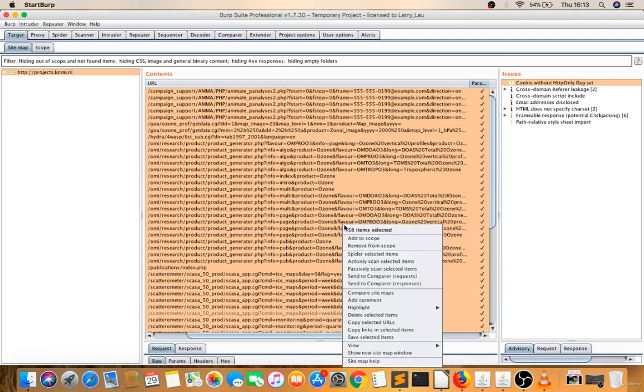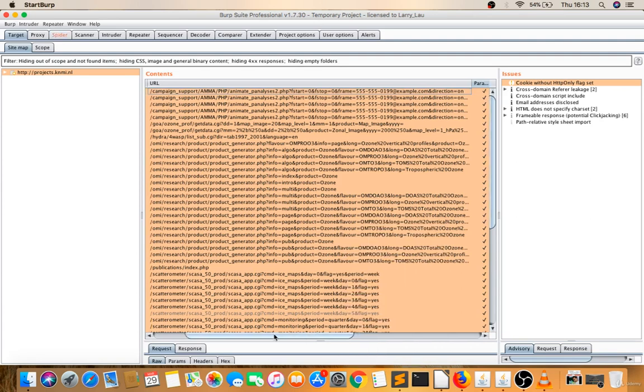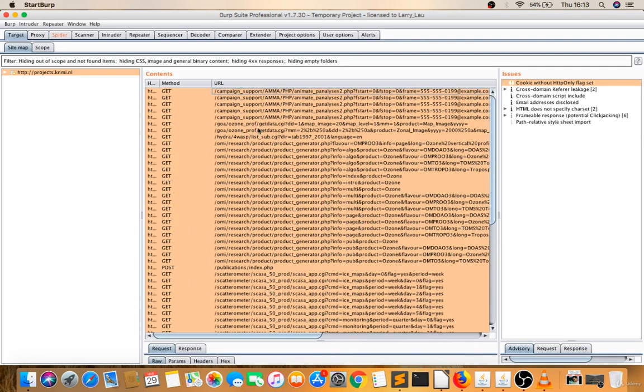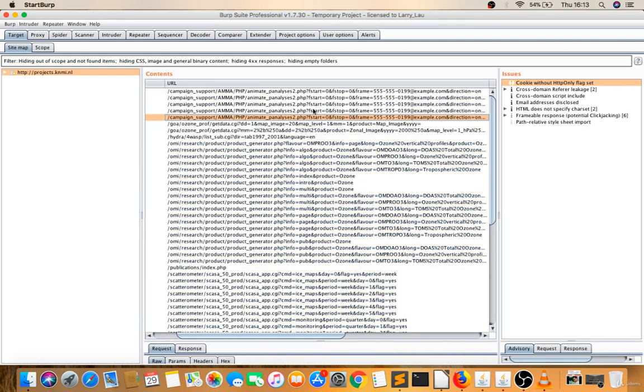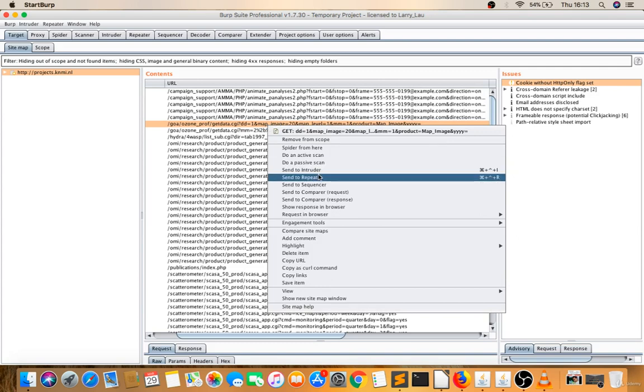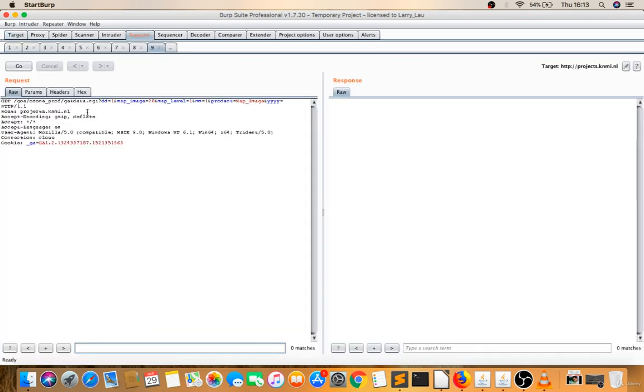So right click, spider selected items. Okay, now see, these are the same parameters, so you don't have to try multiple times. Try on this now, right click, send this to repeater. So there are dd 1 2 3 4 5 6.